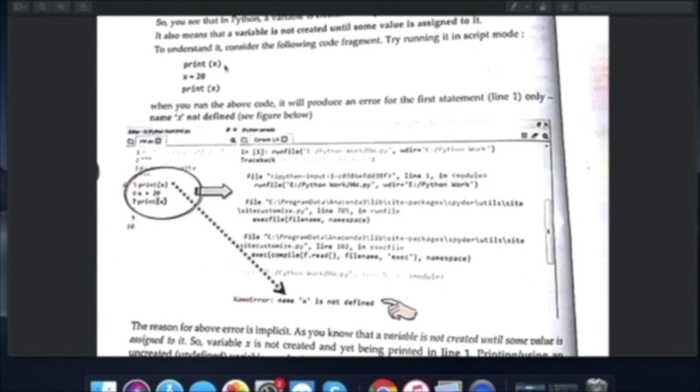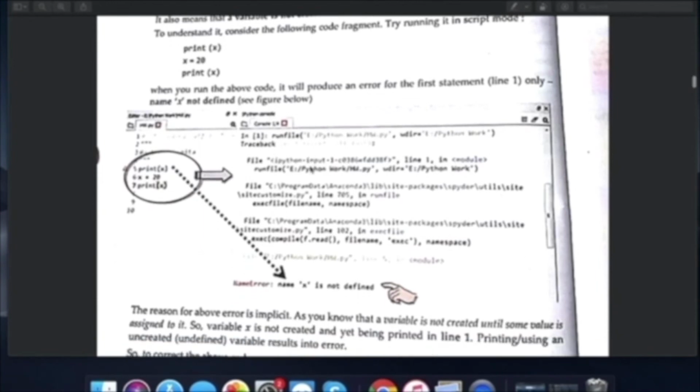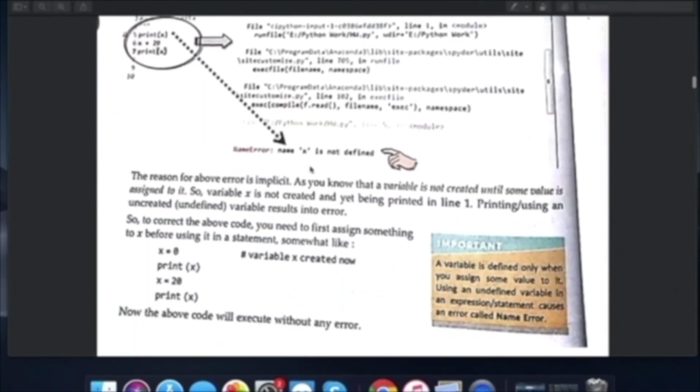So this first statement print x will give an error. Why? Because when the compiler detects this x, it will not be able to find this particular variable in the memory. Why? Because it has not been defined previously in the previous line, which is why it will show that this name x is not defined or it does not have any existence in the memory.